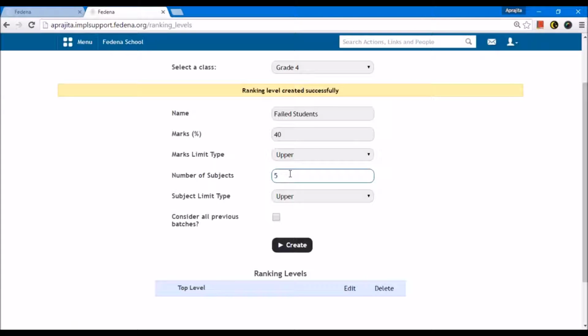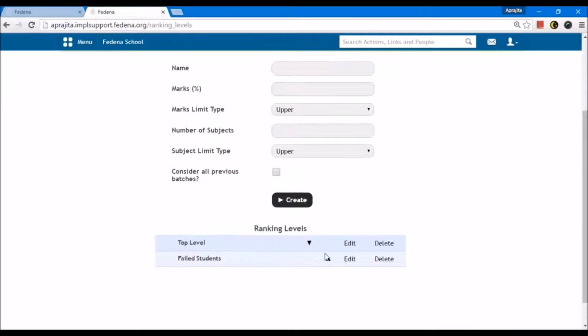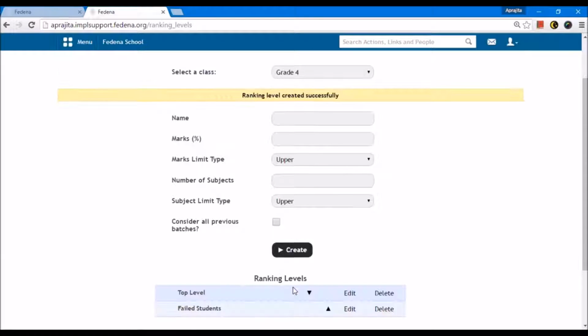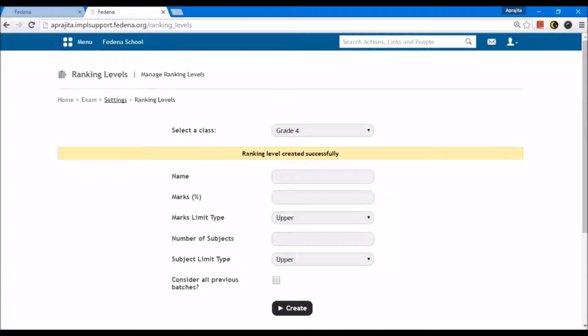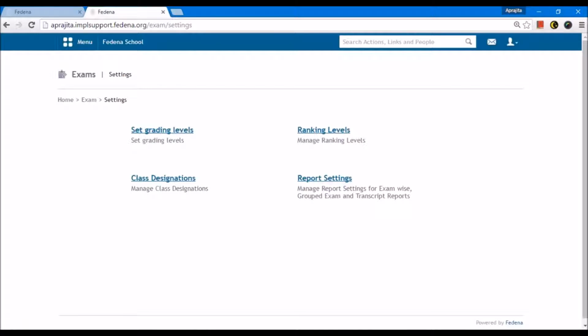So if they are failing in all 5 subjects, they are called failed. So you can have any such criteria. This is just an example. And let's say all 5. In that case, let me give exact as the subject limit type and create this. So like this, I'll be able to create levels and later on get a report for these levels.